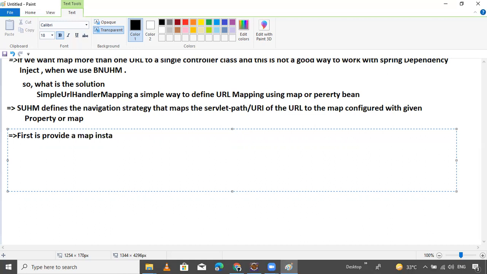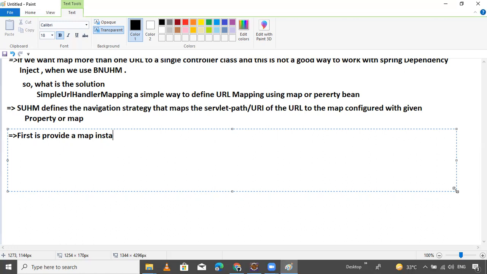This is the way you can do it, and I will give you the example also. First, you can provide the map instance, and then you can provide the properties, URL mapping, guys. This is the way to use both map and property. But right now, I am just using the simple property way. For awareness purposes, I will give this example to you.